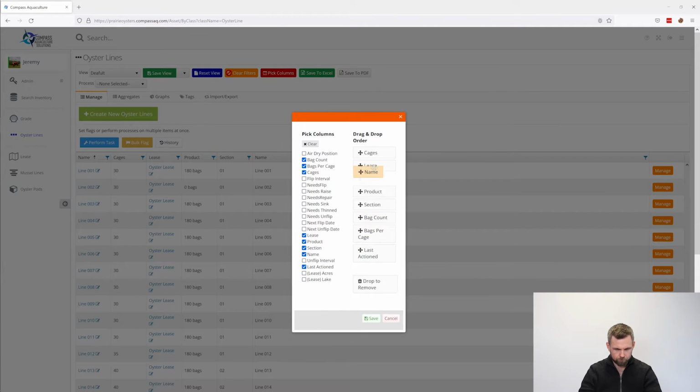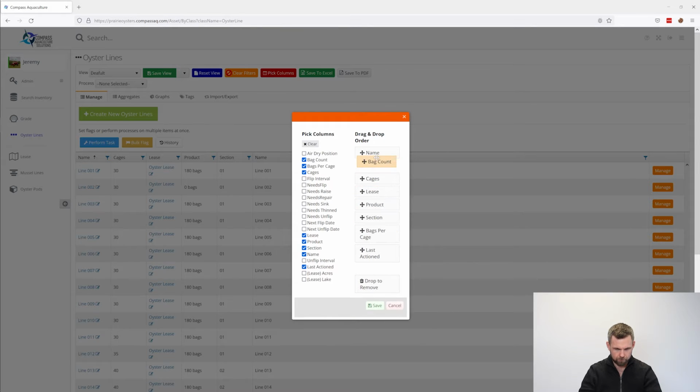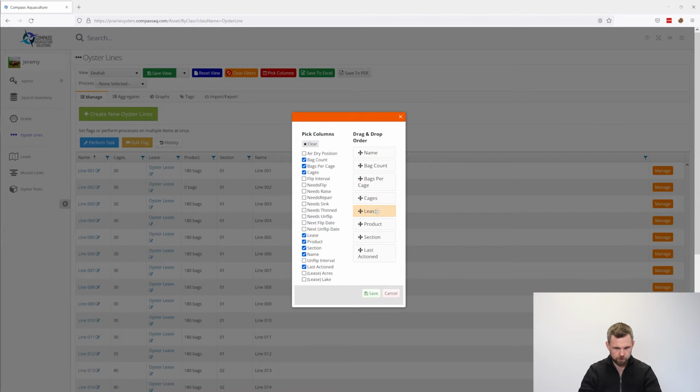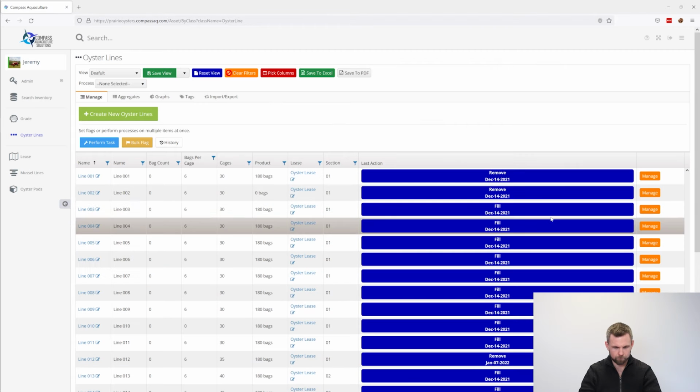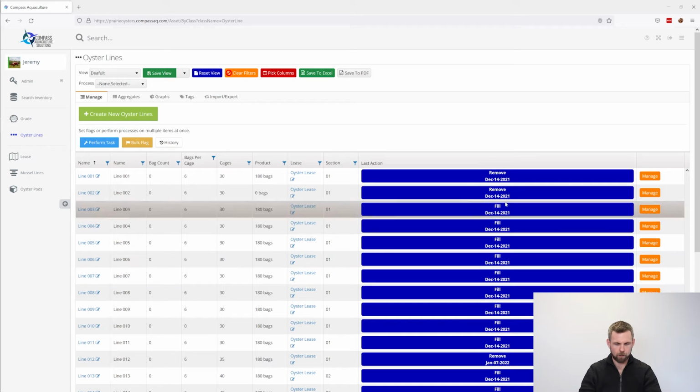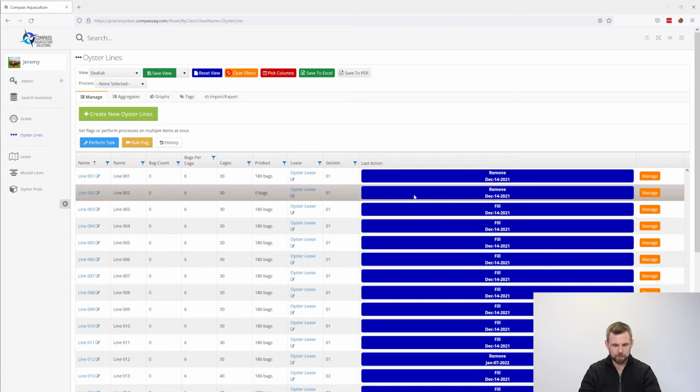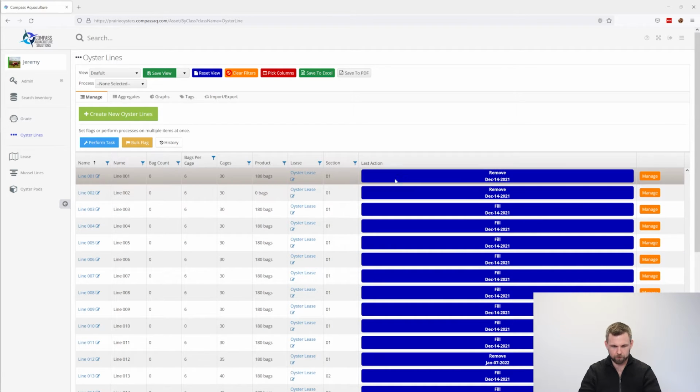And I'm just going to reorder these. So I'm going to put my name first, and then bag count, then bags per cage, then cages, then the lease, then the product, then I'm going to take the section after the lease, and I'm going to put the product ahead of it. So then you'll see when I save this here, it went and reordered all this stuff here,